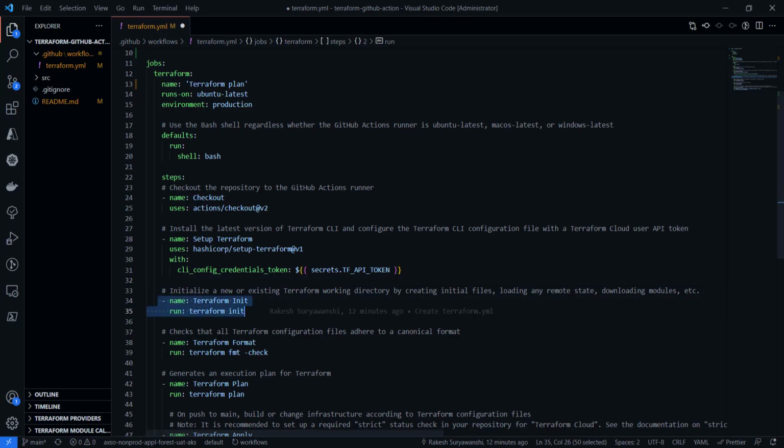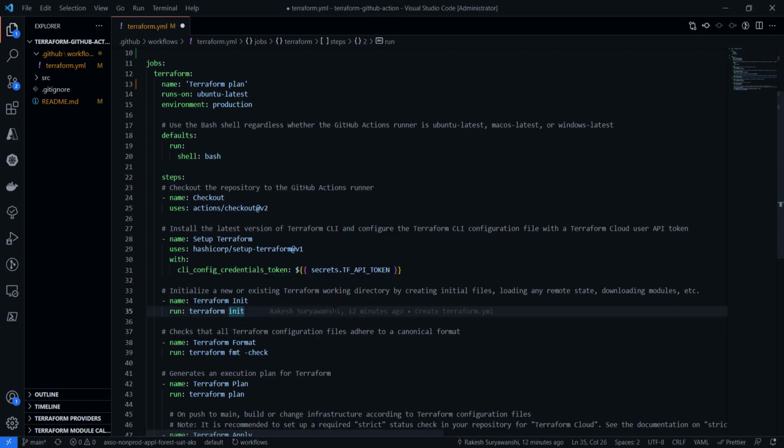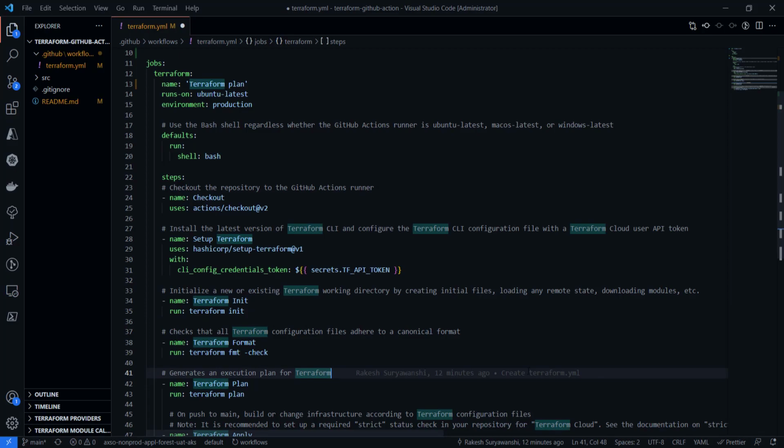Now, the other type of actions available: these stages or steps are also nothing but an action. So other types of actions are available with the run command. Run is what you use when you want to run a script or any command.